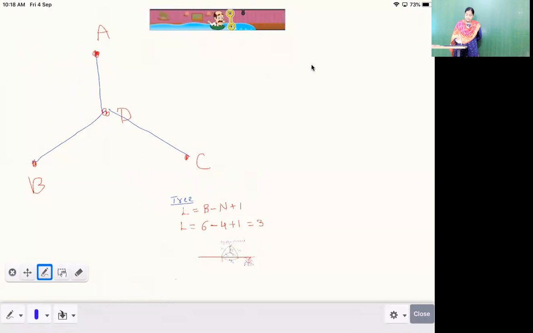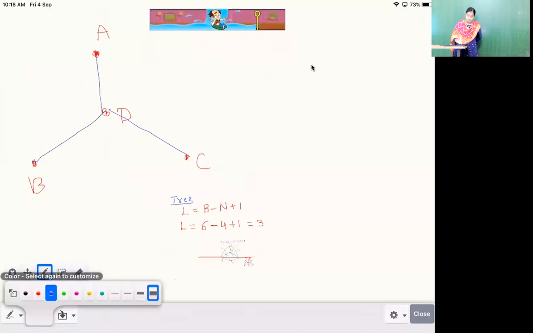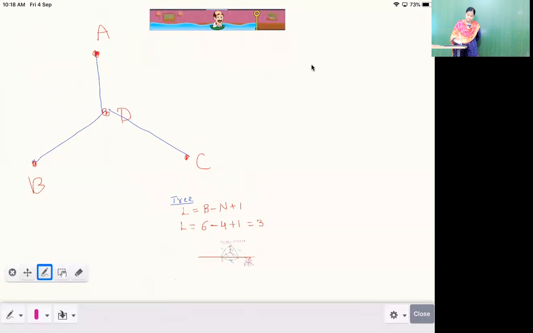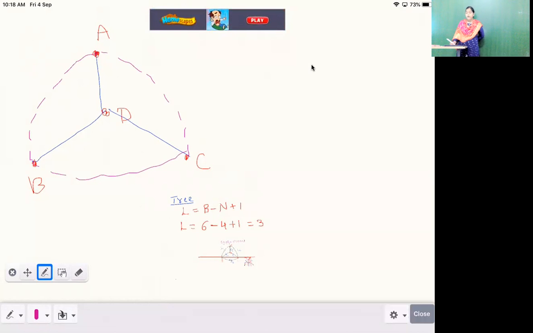The branches which you have removed in order to make it an open loop have to be replaced with a link. So let me draw the links here. So this is my first link, this is my second link, and this is my third link, right? Now, in order to understand how to write a cut set schedule, I will tell you how to assume the directions of the node currents.